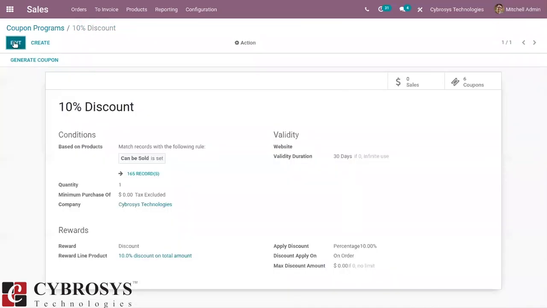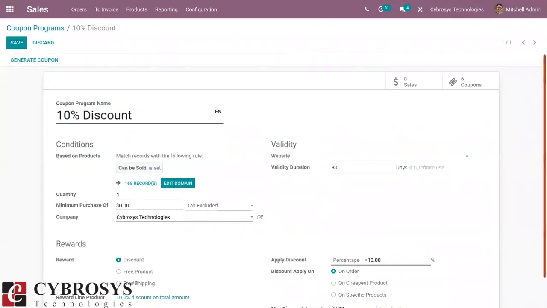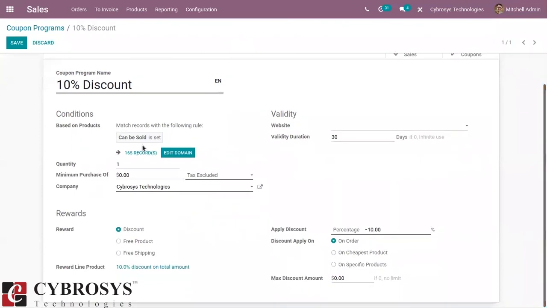Okay, here we can see the details of the coupon program, including the conditions. So based on products, so all products, and you can set a minimum purchase. So I'm setting a minimum purchase of 200. Okay, then here you can see the reward is given by, that is discount, 10% discount to customers.